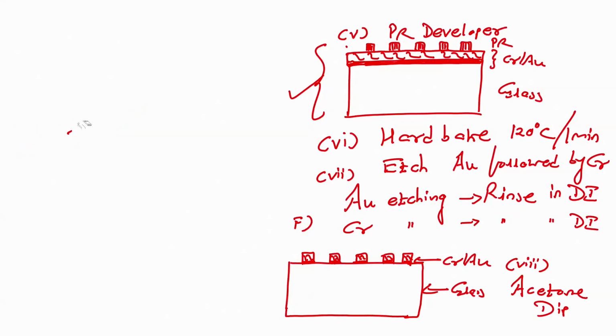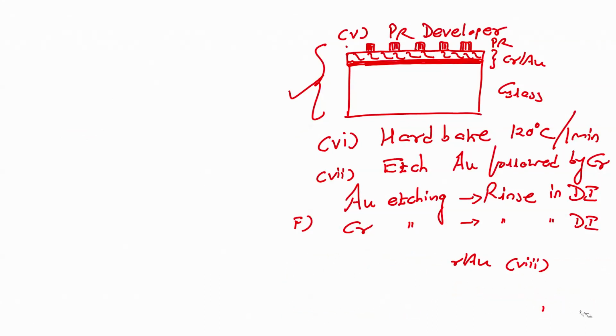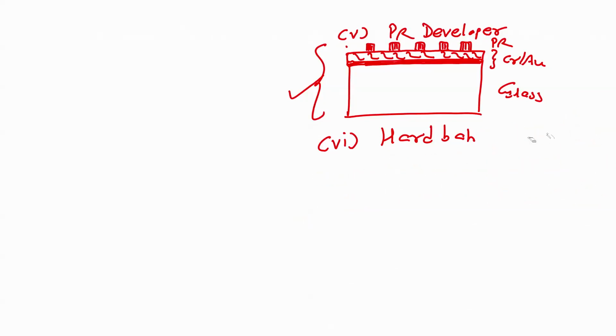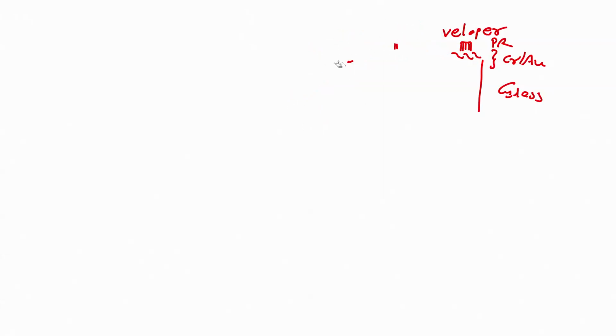So, now we have to perform photolithography in a way that we can create an SU8 well, and when we look inside the well we can see the interdigitated electrodes. So, let us start the process. Step 1 would be to take the glass wafer with interdigitated electrodes, chrome gold,